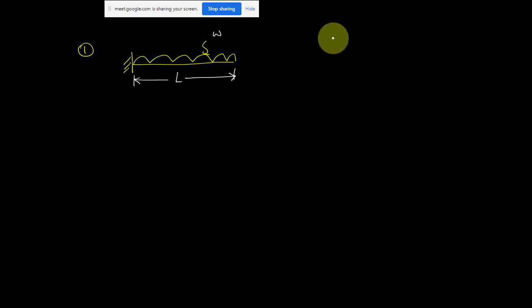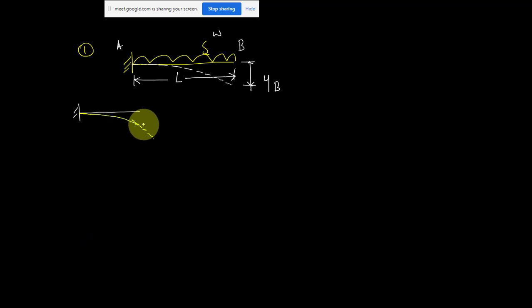Suppose you want to solve this question. If you apply a load like this, what will happen? The beam is going to deflect like this. There will be some deflection at the free end. If you take the fixed end as A and the free end as B, this is the deflection at B, YB. The deflected shape will be something like this. There will also be some slope at this point. To get this slope, you draw a tangent at point B and a horizontal, and this anti-clockwise angle is theta B. I want to find the value of YB and the value of theta B by using the double integration method.